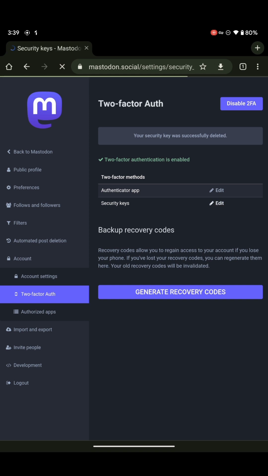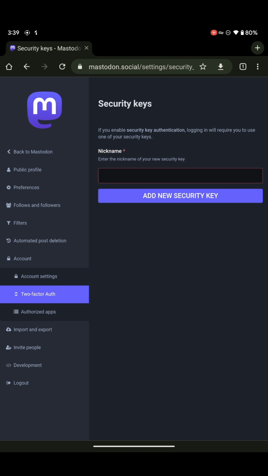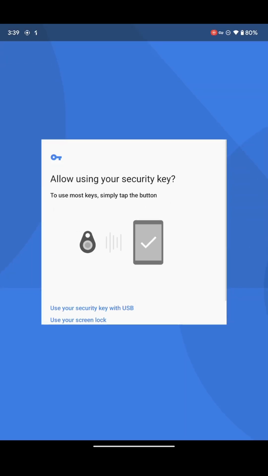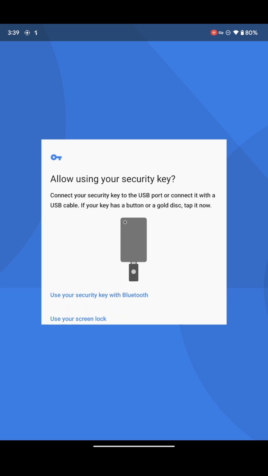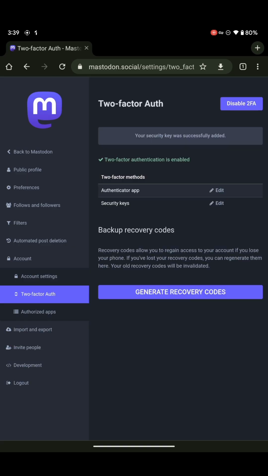And let's go back into the security keys again, and we're going to add new security key. Now you have to have a physical security key to be able to do this, and I'm going to go and rename it the same way. And if you have NFC, you can just tap it on the back of your phone. I'm using a tablet, so I'm plugging it directly in, and when you see the golden disc shining, you touch